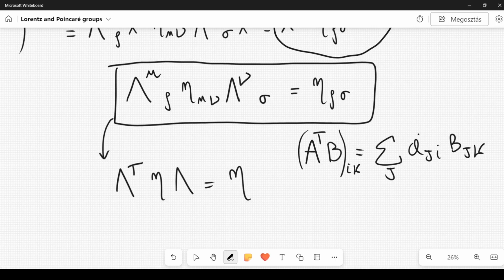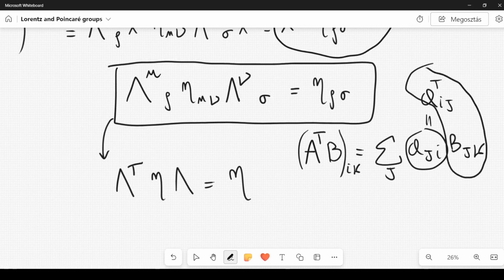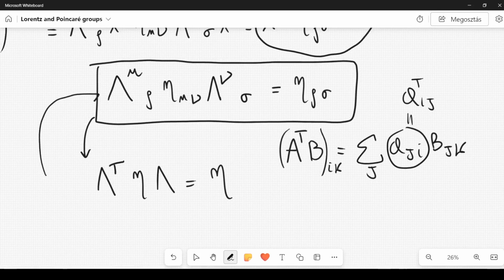And you can see that we are really summing over this, so we are summing over the first index of the first matrix and the first index of the second matrix, because this is transposed. This can also be written as A transpose Ij. This is the usual product when you have to multiply two matrices. Now let's investigate a little bit more this kind of transformation here.